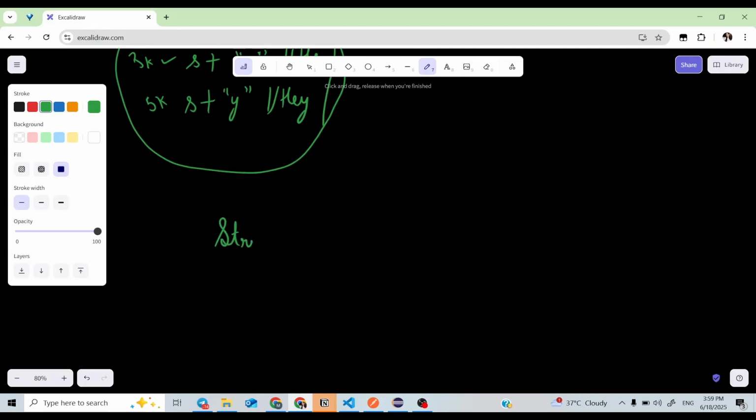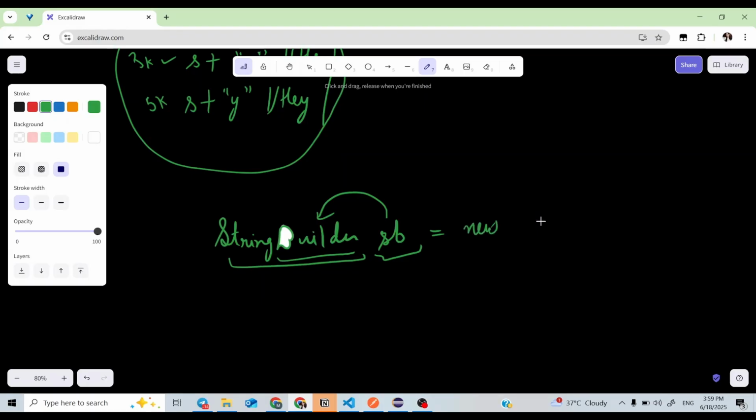How do we initialize it? We will write the StringBuilder keyword, which is a reserved keyword. Then sb, the name of the string; you can name it anything. Here I am making a string called sb of type StringBuilder. So instead of writing String, I write StringBuilder. Here you have to write the new keyword. Remember, you have to write the new keyword. This is related to class and object, which we will study, and here you again have to write StringBuilder.